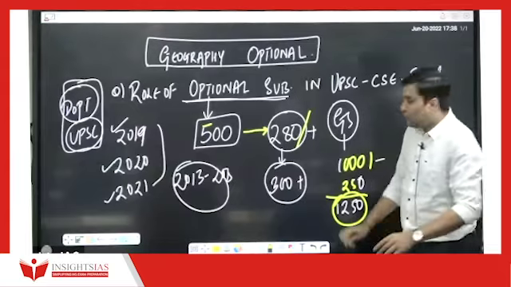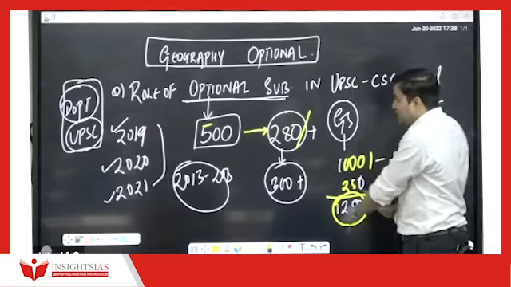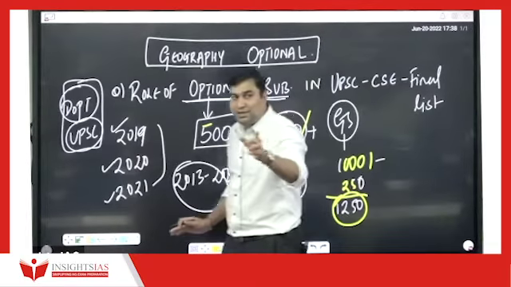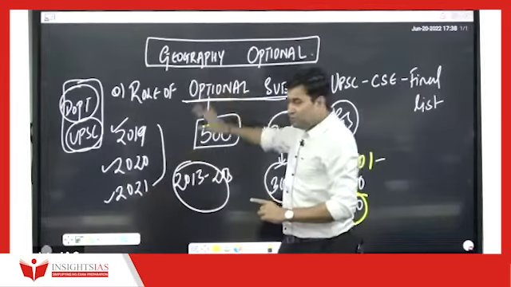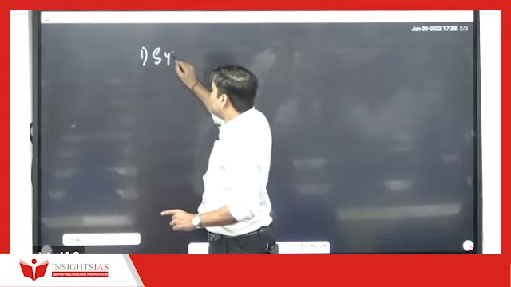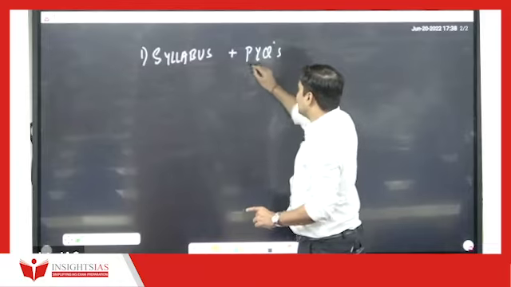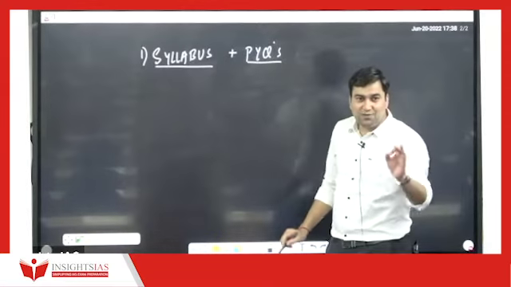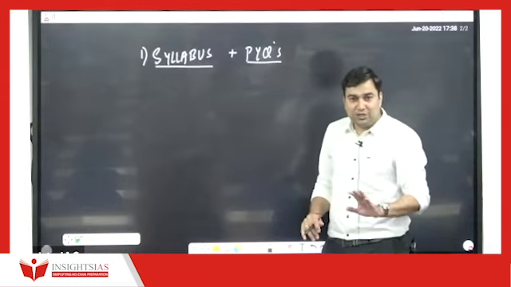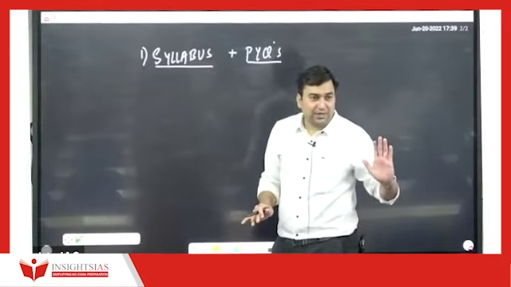The question is how to score these marks. Before that, since these marks are very essential in the final list, you need to know that the optional subject should work out for you. On which parameters are you going to choose this optional? Most important is the syllabus. You should first know the syllabus of any optional, accompanied by some previous year questions. I agree that you won't understand every word initially, but still you have to go through the syllabus of any optional. Before taking any optional, go through the syllabus and see at least the 2021 paper and the 2020 paper.